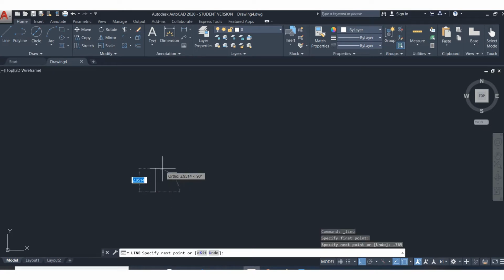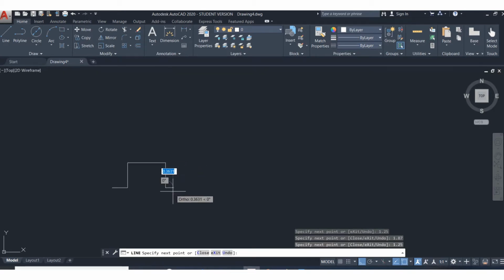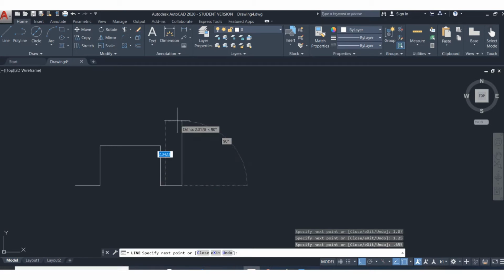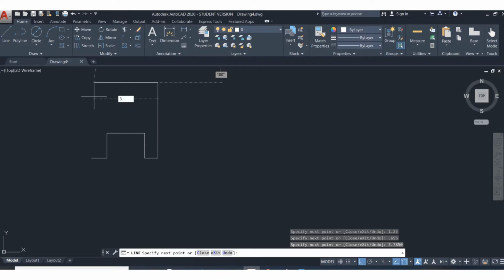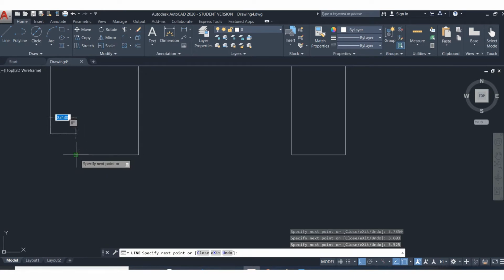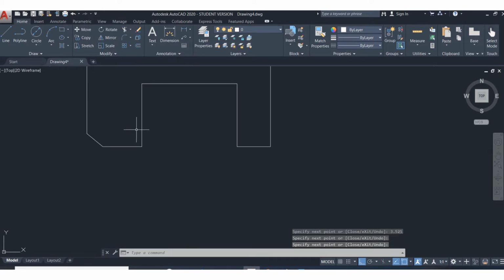0.765, up 1.25, over 1.87, down 1.25, let me zoom in a little bit, over 0.655, up 3.7850, over 3.603, down 3.535, and then basically you just connect that corner because you don't really know the